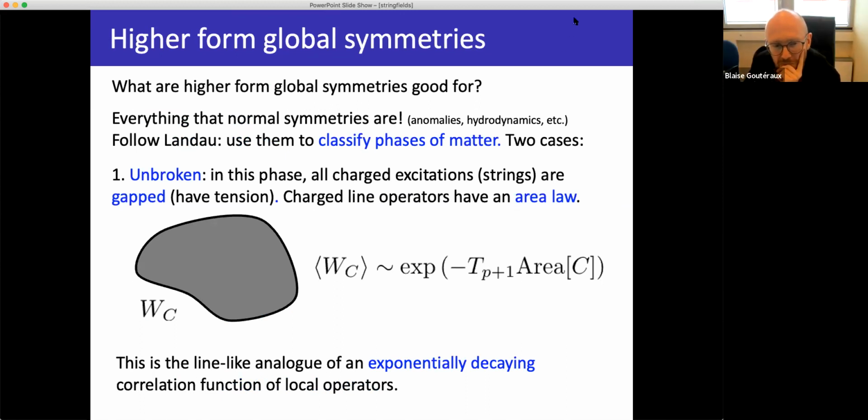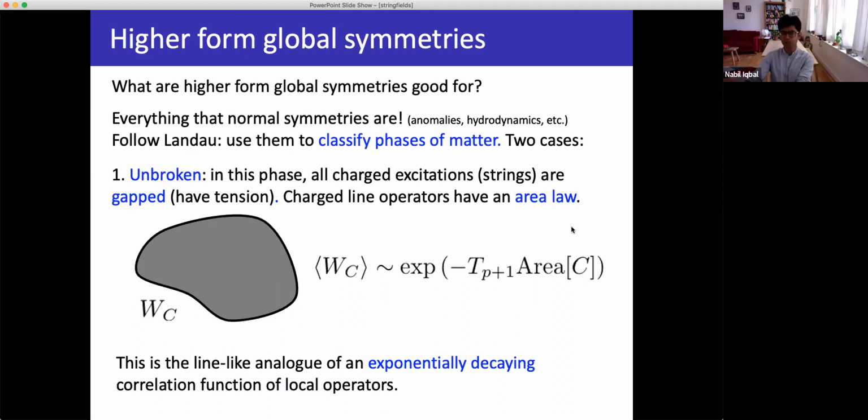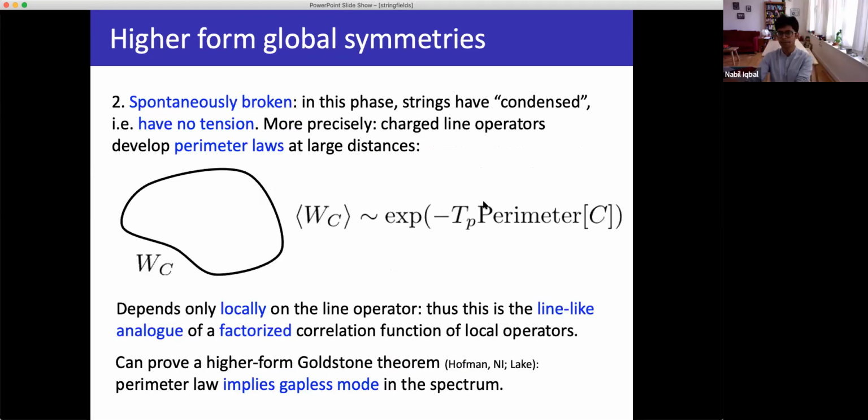Okay, good. Any other questions? Yeah, maybe it's a good place to say I wrote perimeter. The truth is, any local functional of the curve is okay here. You would generically expect... for example, you could also look at the integral of the acceleration, the x double dot along the curve and so on. That's also possible. But the perimeter is the leading term in the expansion. Okay, good. Any other questions?